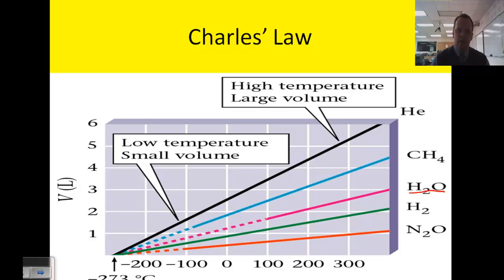H2O is a gas above 100 degrees Celsius. Once it reaches 100 degrees Celsius, though, it will condense, and you'll see this drop and then become a straight line. It will become a straight line until it reaches 0 degrees Celsius, at which point it will actually rise